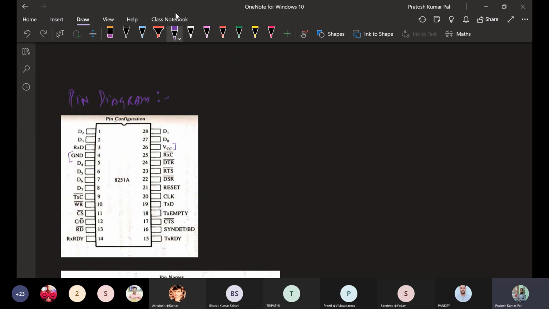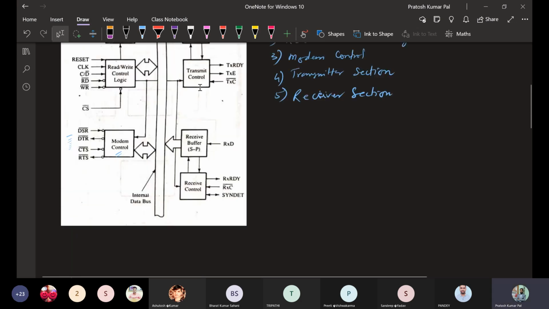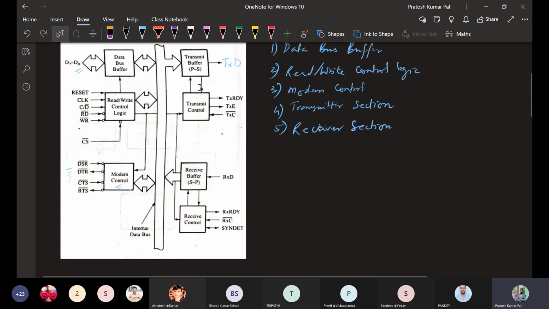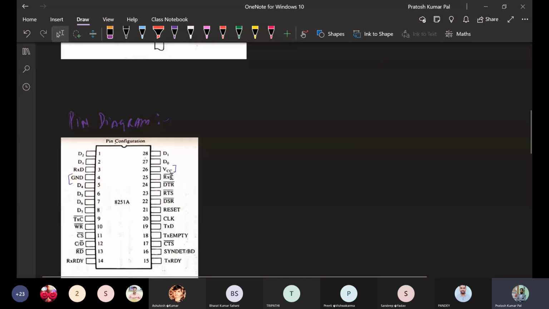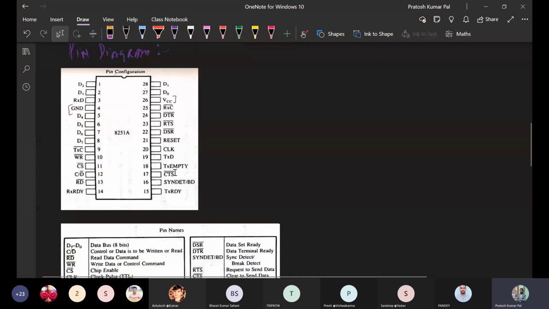Two extra pins, ground and VCC, are added, and all other pins are control logic pins. Combined, 26 pins plus ground and VCC, so total it is a 28 pin IC. This is the 8251.